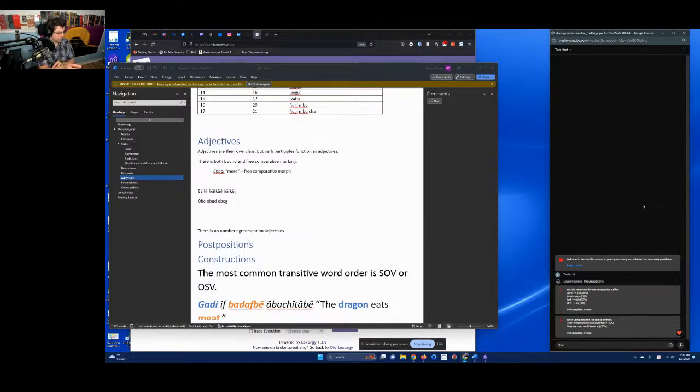Or wait a minute, they could be a noun, because actually adjectives precede. Hold up a second. We have another option here. We could have